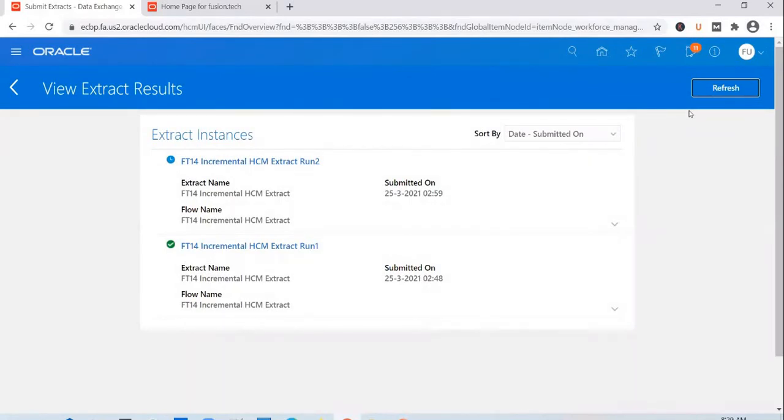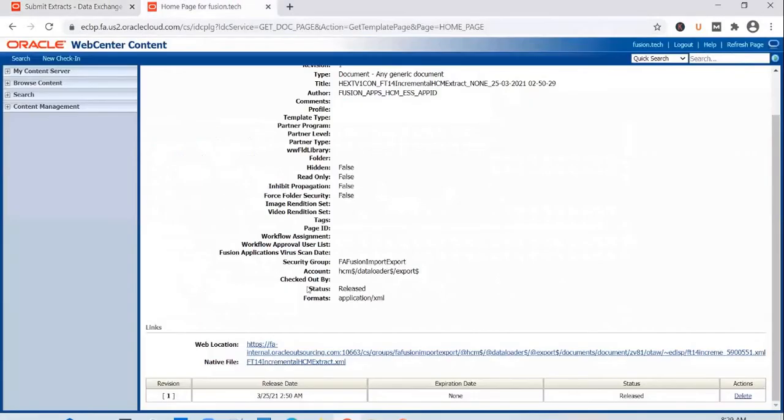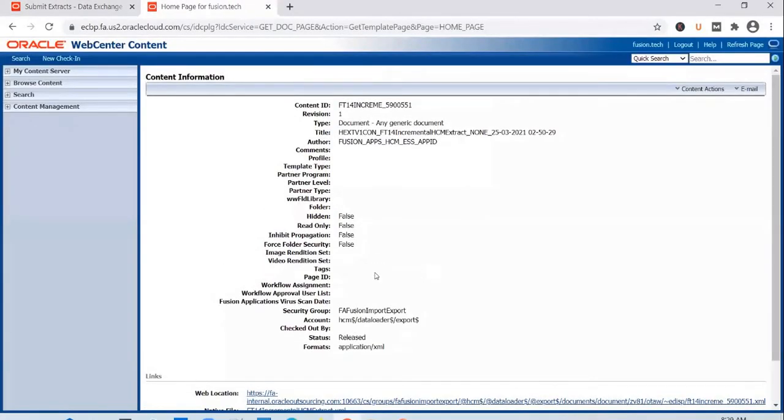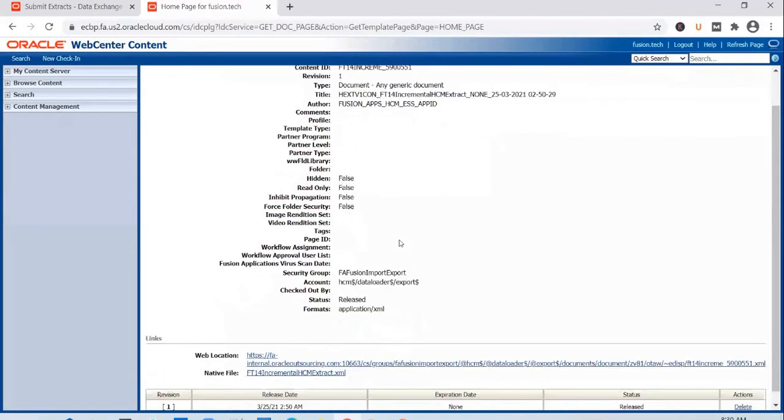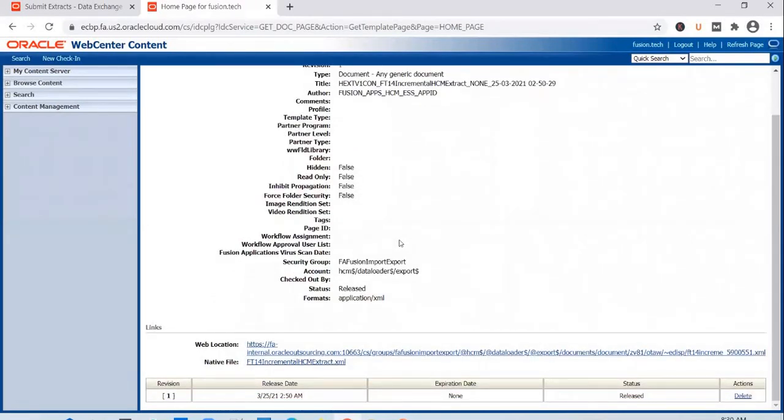Prasad, this file type you are giving manually, that you are giving .xml. So only .xml will be created for that file? Yeah, the output of the HCM extract will be in XML format by default. Then Oracle could give that directly. We are writing something like .xml manually, which is not preferable. And one more thing, the data type is there at the top also. There also, we can see the data in PDF format.